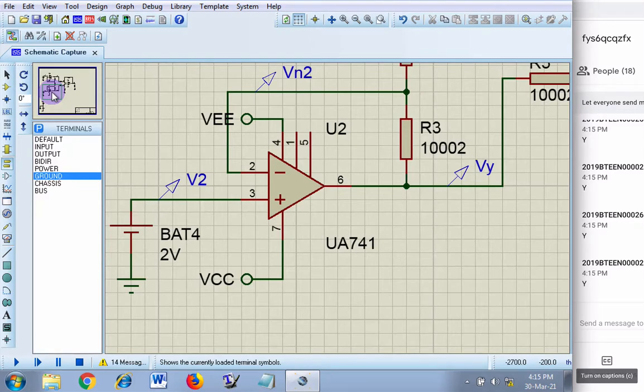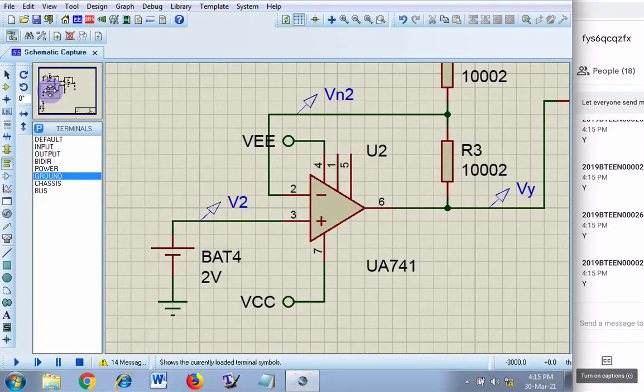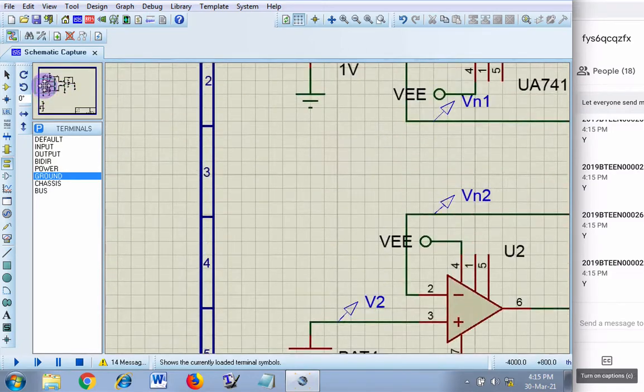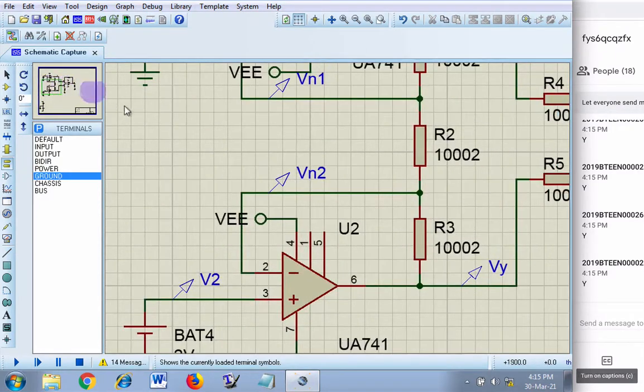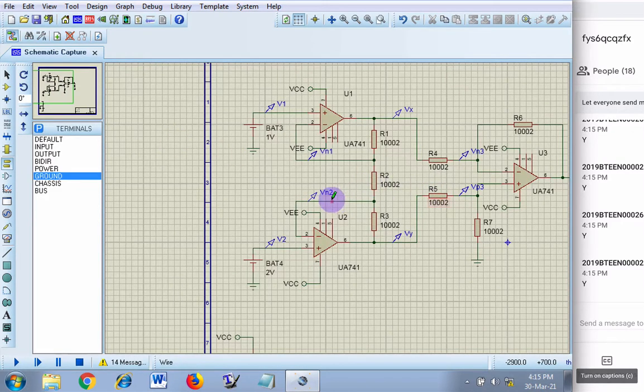And then everybody knows that the input should be such that the output is not in saturation. You can drive the input such that the output goes into saturation. In that case, the formula will not hold good. It will not be working. It means the amplifier will not work like an amplifier. The output will get stuck at the saturation voltage of the operational amplifier, or almost equal to the supply voltage. And since it is stuck there, the op-amp will work as a battery, not as an amplifier. Everybody agreeing with this? Yes or no?